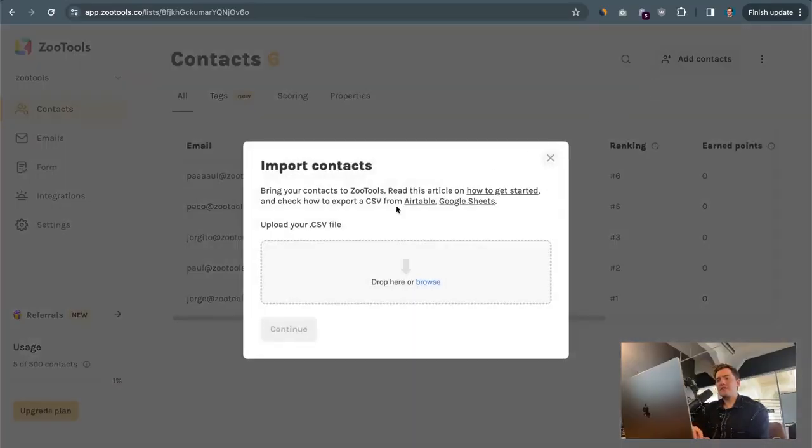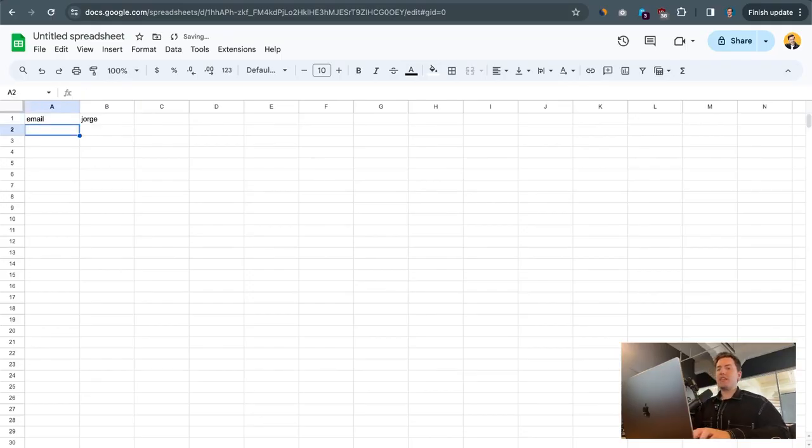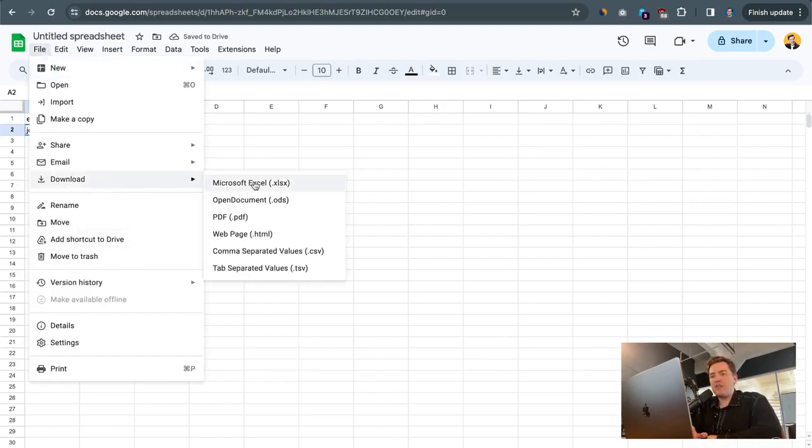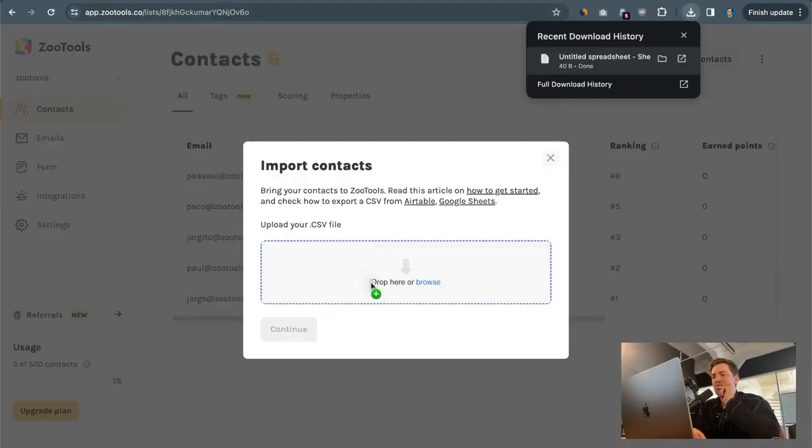The second thing is actually importing a CSV file. I'm gonna show you how easy it is. Go to Google Sheets and let's create a new page, where we are gonna write down all our customers. So the first row is gonna be the header. So for example, this is gonna be the email and the name, and you can keep writing as many as you want. I'm going to actually download this CSV file. And once we have this CSV file, just drag and drop into